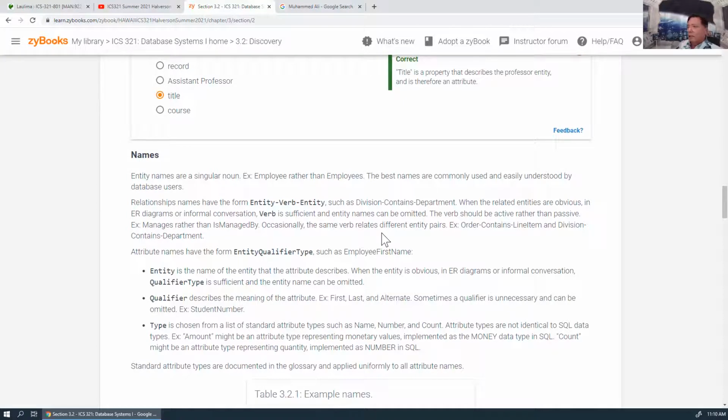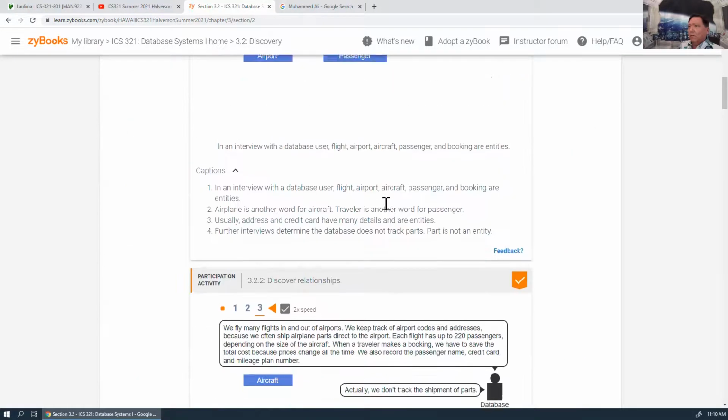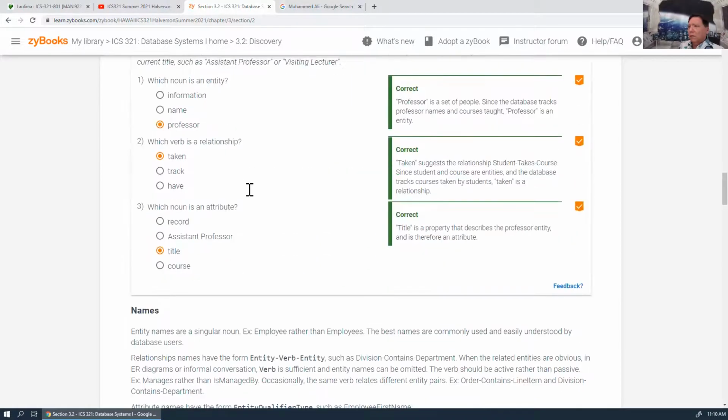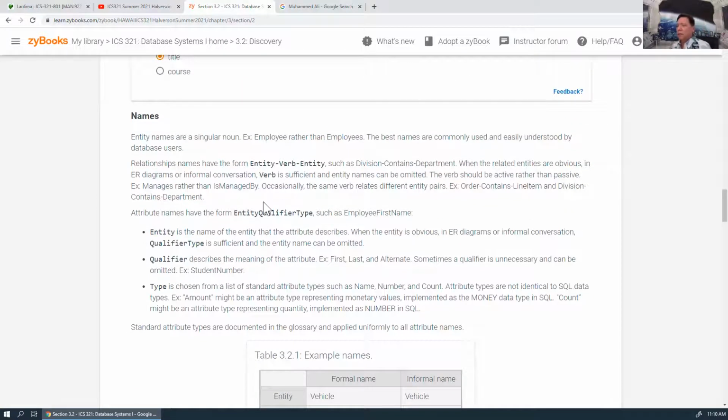All right. Entity names are a singular noun. Relationship names have the form entity, verb, entity, such as division contains department. Okay, so it looks like entity, verb, entity. Division contains department. When related entities are obvious